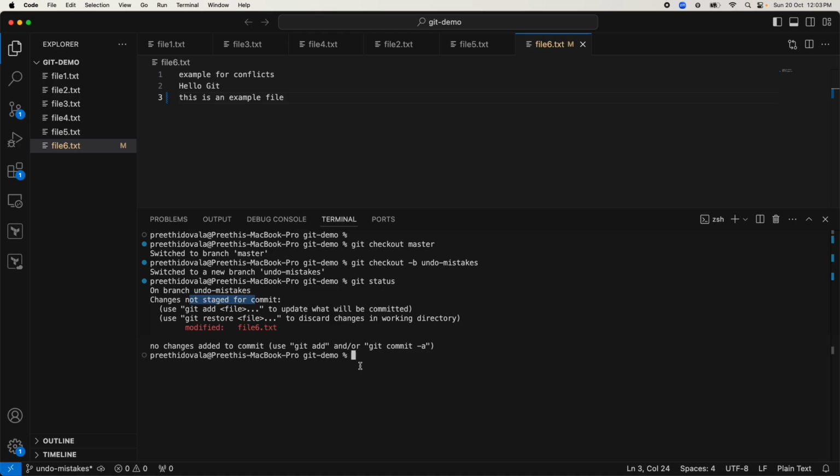The changes are unstaged. At this point, let's suppose I want to discard these local modifications, or discard these unstaged changes which are in the working directory. Yes, we can do that using the command git checkout and the file name. File name is file6: git checkout -- file6. This command will help discard the changes in the working directory, meaning discard the unstaged changes